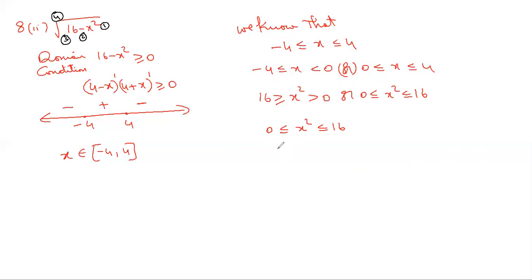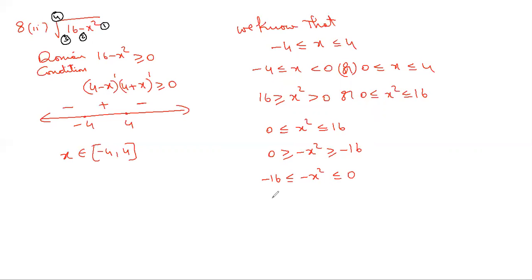For that, multiply by minus throughout the inequality. For that, there are no restrictions. Any inequality can be multiplied by minus, and the inequality will just be reversed. So 0 is greater than or equal to minus x squared is greater than or equal to minus 16. But always, for better understanding of the inequality, we write the lesser quantities first. Basically, we write the numbers in increasing order: minus 16 is less than or equal to minus x squared is less than or equal to 0. The same thing we wrote in reverse order. Next, the second goal also we reached.